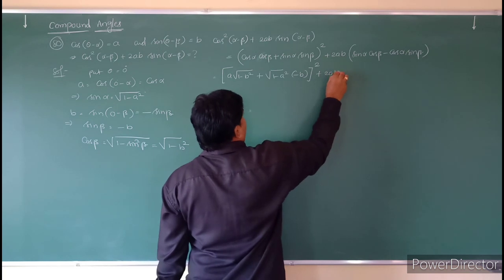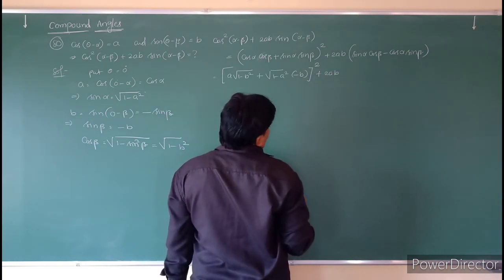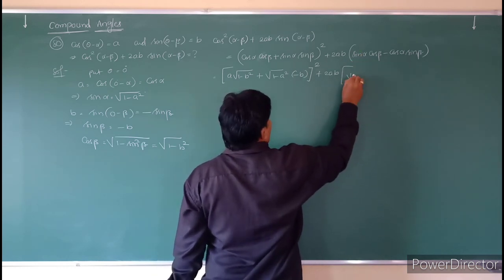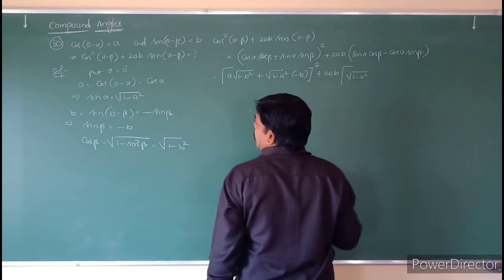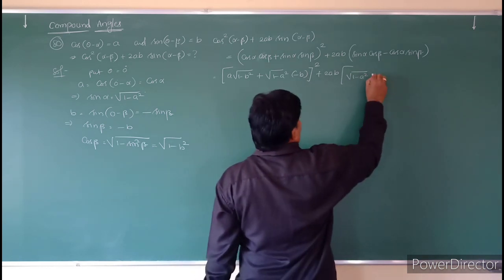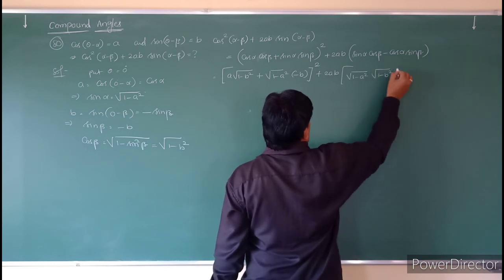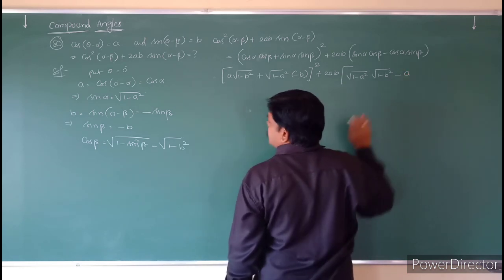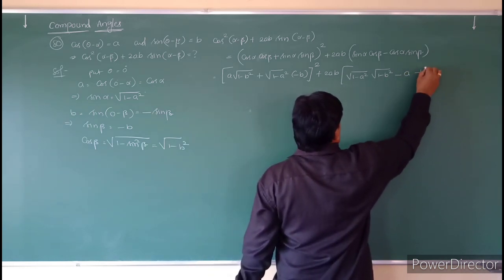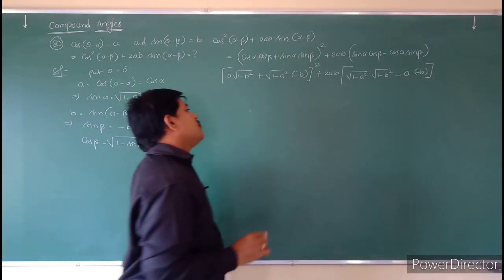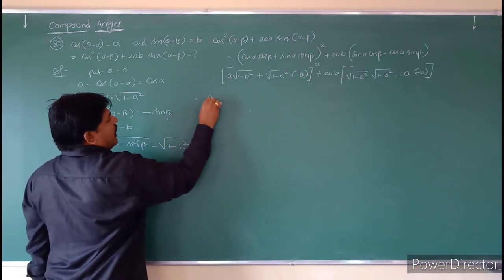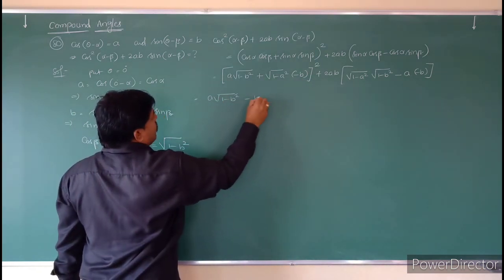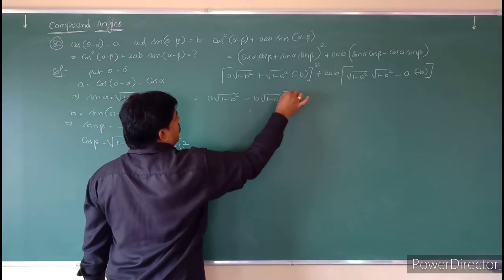Plus 2ab into sin alpha, root of 1 minus a square, into cos beta, root of 1 minus b square, minus cos alpha, which is a, into sin beta, which is b. So that implies a into root of 1 minus b square minus b into root of 1 minus a square,